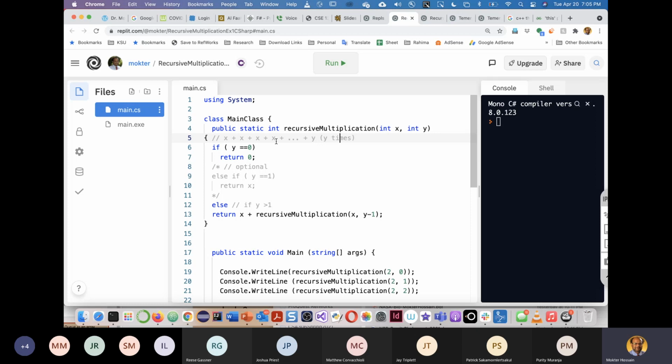So here we need to find out the base. If y is 0, no times, then x multiplied by 0 is equal to 0, right? If y equals 0, then x times y equals 0. So whatever x is, if the y value equals 0, then return 0. You understand this concept? If there is no time, so you add x 0 times,